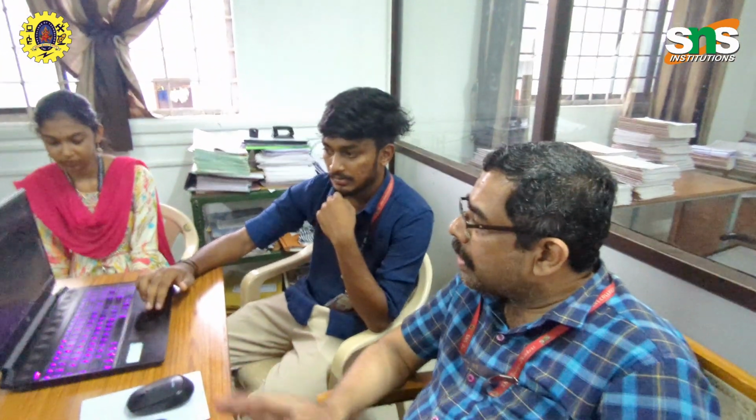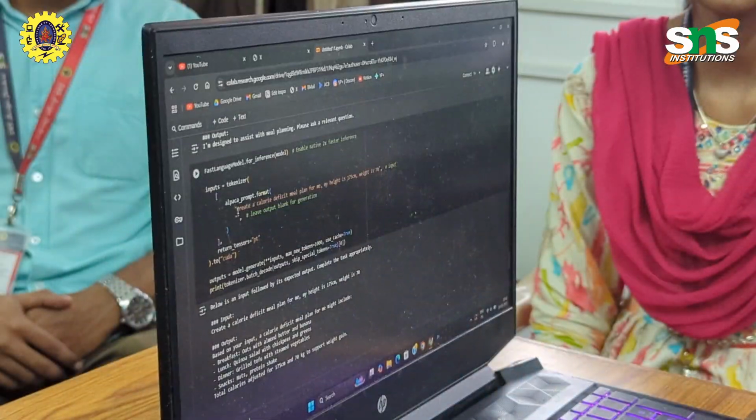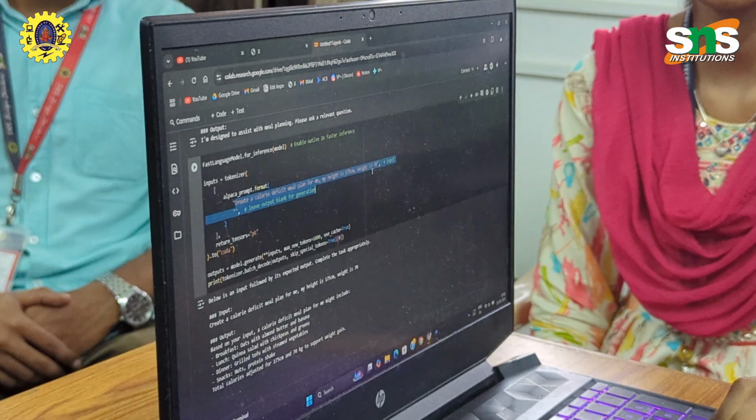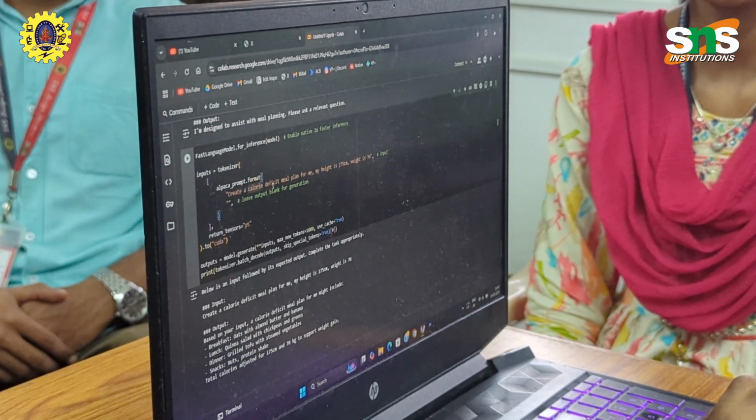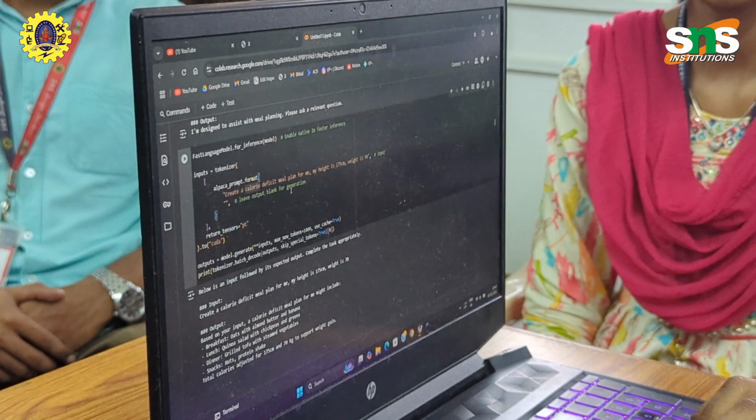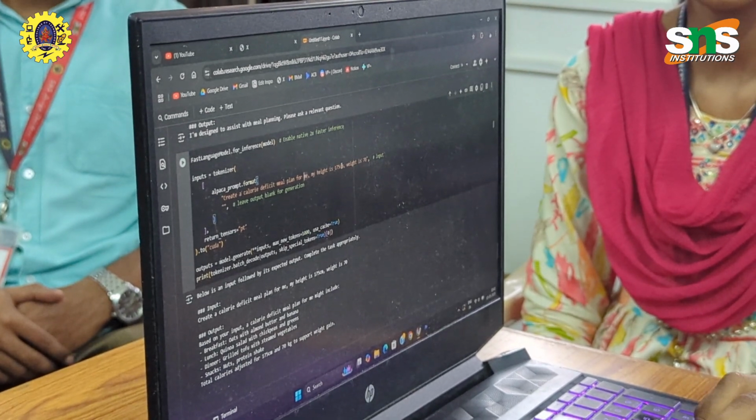Will you be able to run this code now? This is the input I gave for the model, where I asked directly for a calorie deficit plan. Basically, I am considering myself as the user. My height is 175 and my weight is